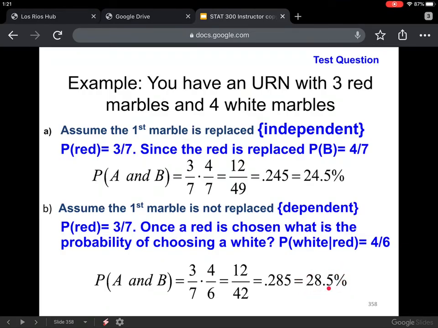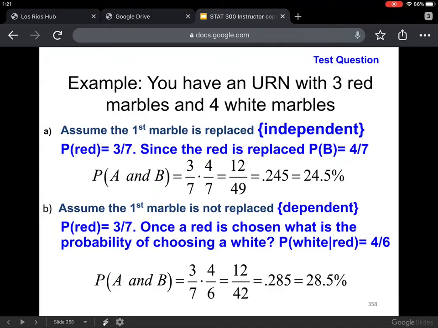So again, a different way of thinking about it is when you take out a red, there's more chances now that you would get a white marble. That is why this probability at 28.5% is higher than 24.5%. Hopefully that builds some intuition for you about what replacement and non-replacement mean, and again how they're tied into classifying